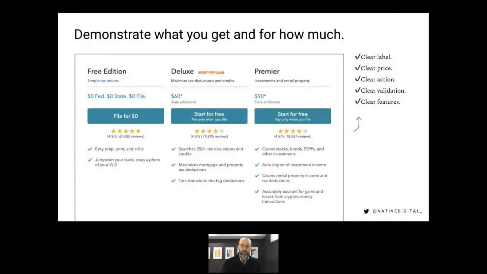There's a clear price. There's an action that's very easy to see. Right below that, there's validation that, hey, this button you're about to click, it's a good idea. And just to be sure, there's check marks here showing this is exactly what you get. So you've seen a million of these, but I would say this follows some good rules here in the sense that all 5 of those, I would say they've checked off their list well. So having clear structure, always looking at it, refining it, seeing if one outperforms better, if you have more details, less details, more validation, less validation, things like that can be helpful.